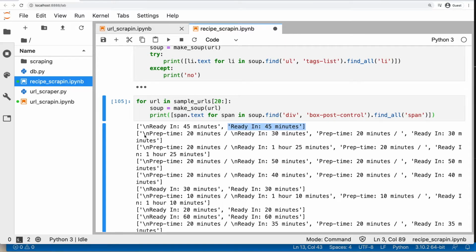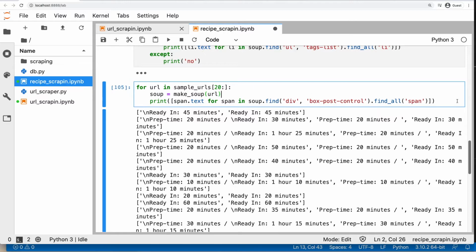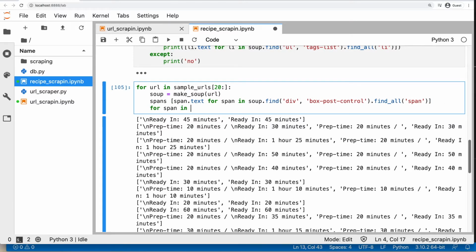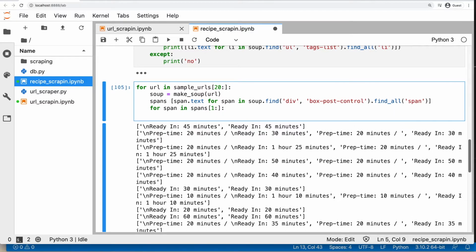So like this one, the first one is prep time, blah, blah, blah, ready time. If we just ignore that first string and then just look at that string and then look at that string, we can do a check if prep time in, if ready in. So let's go ahead and write that out. Spans equals that. Then let's say for span in spans 1 to the end, basically